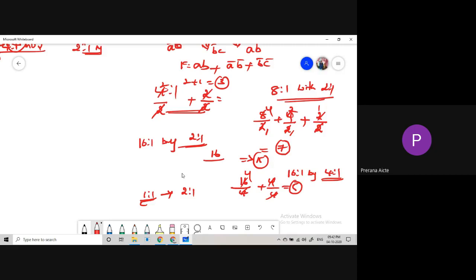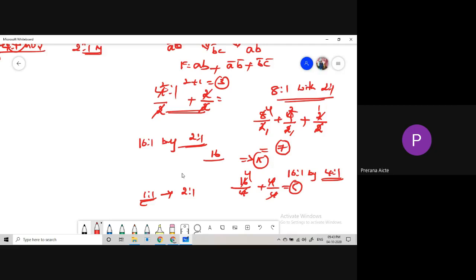So how many 4x1 multiplexers are required to represent a 16x1 multiplexer? So here the question is, how many 4x1 multiplexers are required to represent a 16x1 multiplexer? So at that time the answer is 5. Yeah, 5. Then similarly,